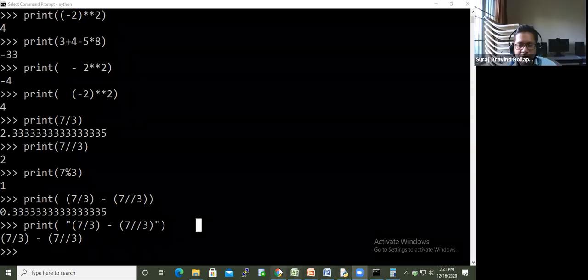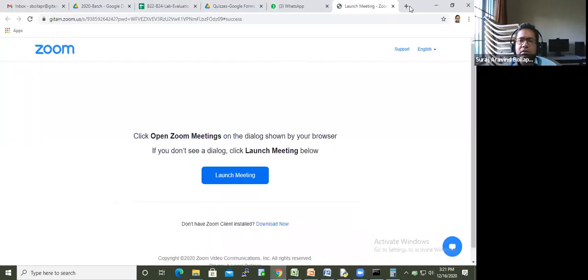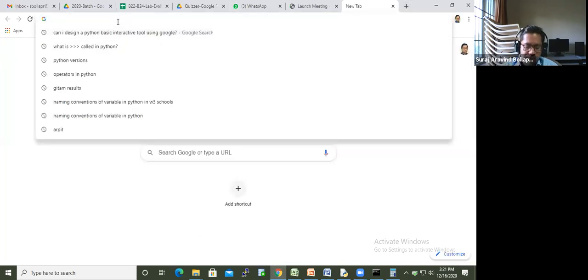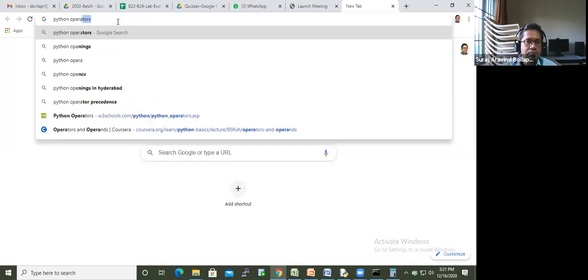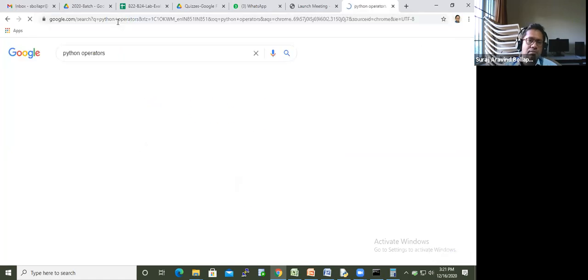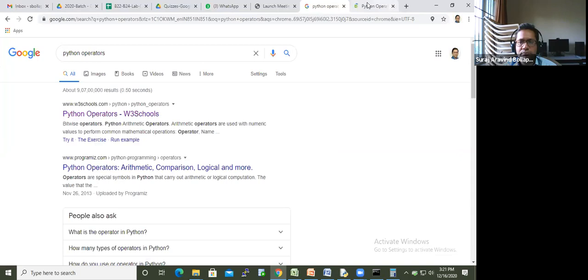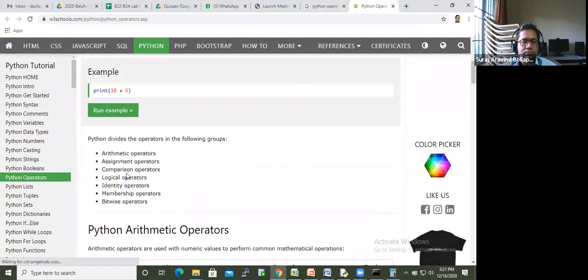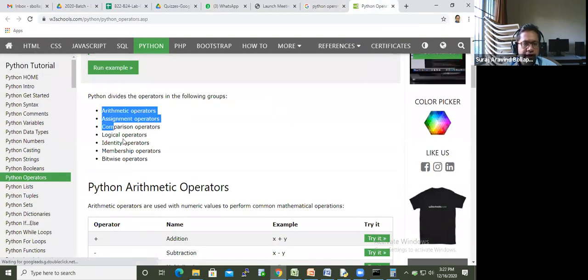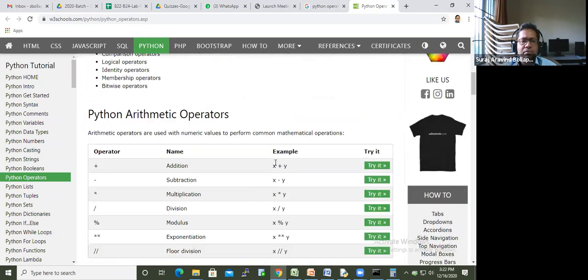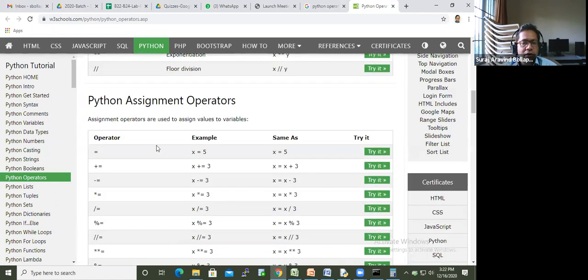So if I Google search, right. There are different categories: membership, identity, etc. Assignment we did not discuss here.